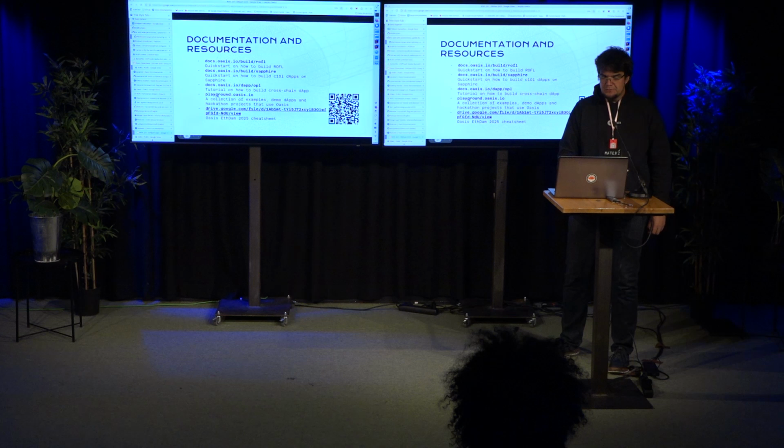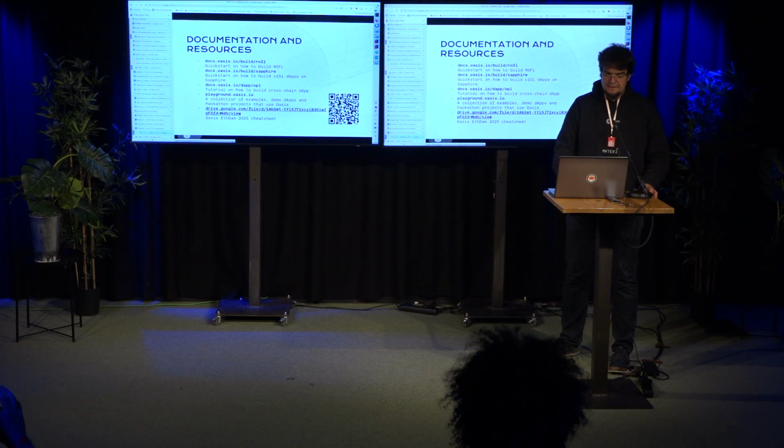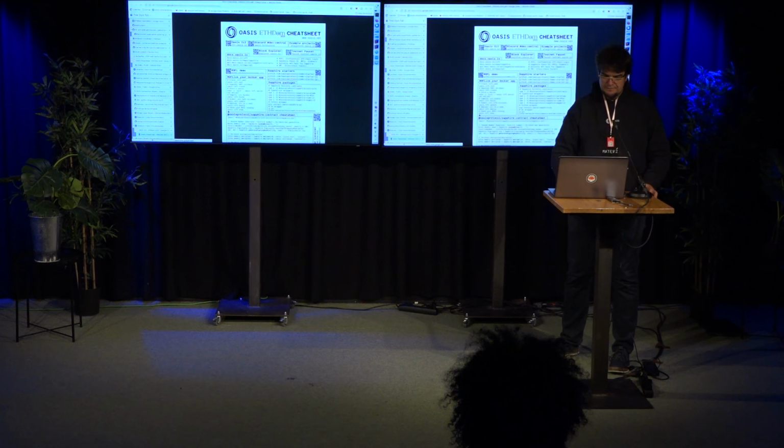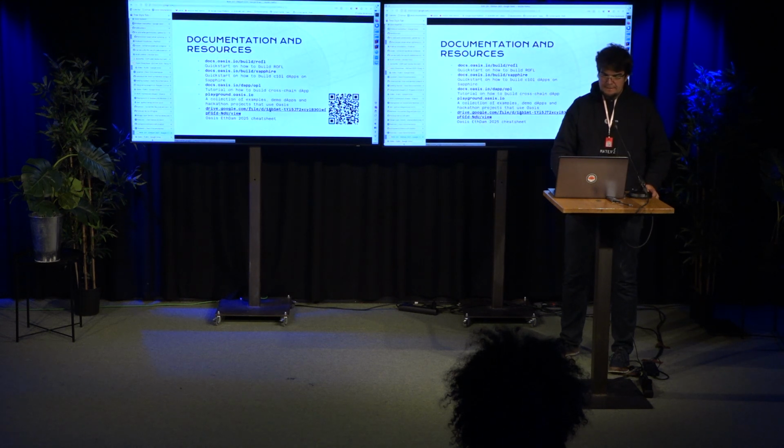And then playground.oasis.io collects all projects worth noting from previous hackathons. So it's a good collection to check out. And then there's this cheat sheet, which Diana printed, and it's spread across this floor. You can also check it out here if you don't like the paper version. I also have some prints in my backpack, so feel free to poke me.